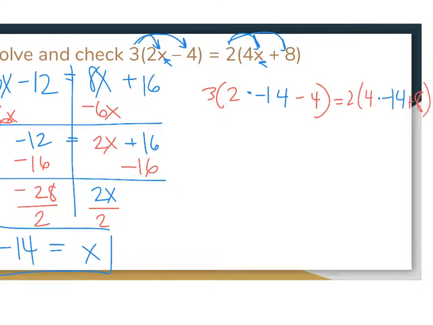Okay, order of operations says we have to do everything inside the parentheses first. I'm going to leave the 3 alone. I have to multiply my 2 and negative 14, which gets negative 28 minus 4. And you always want to do one step at a time to make sure you're not making simple mathematical mistakes. So 4 times negative 14 is negative 56 plus 8. Okay. And so negative 28 plus minus 4 is